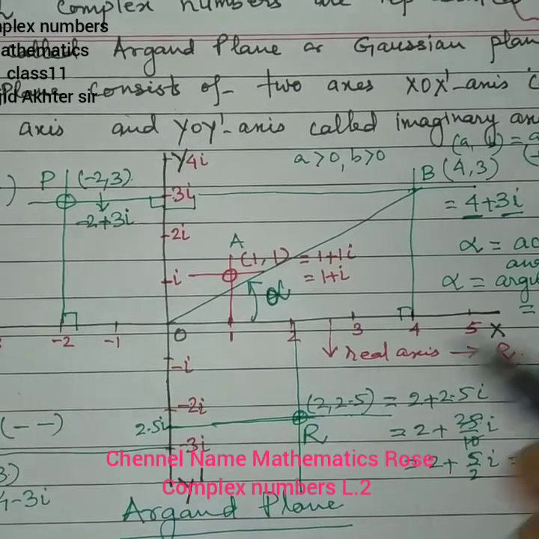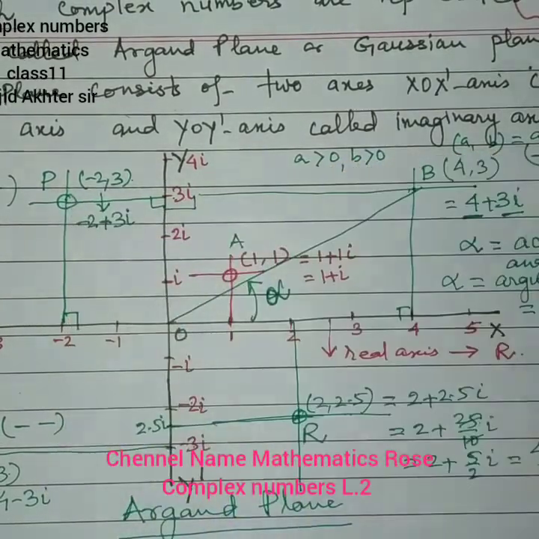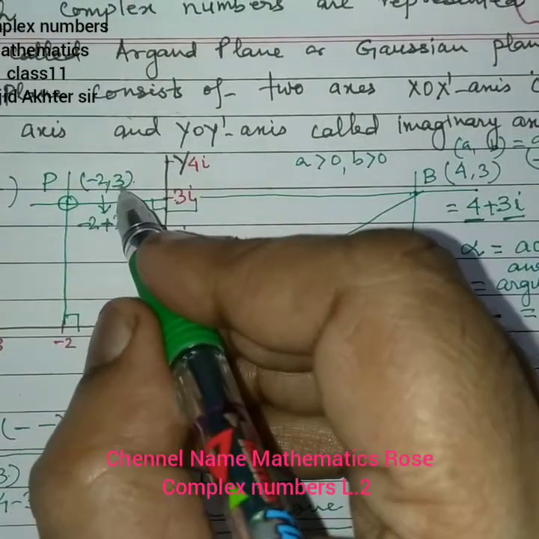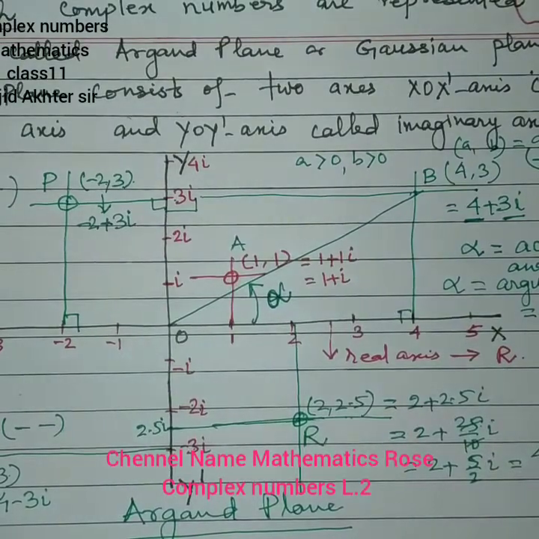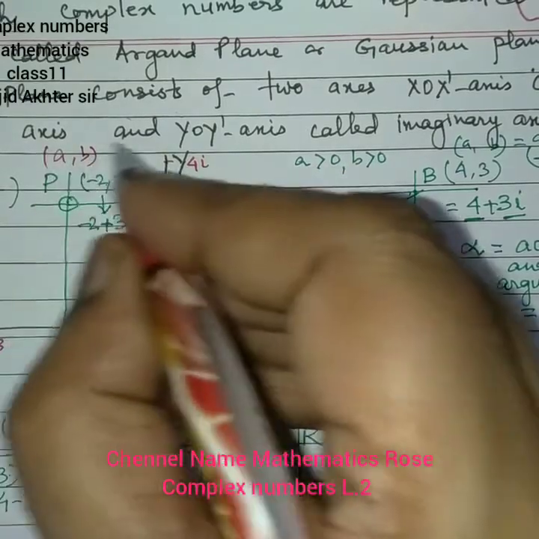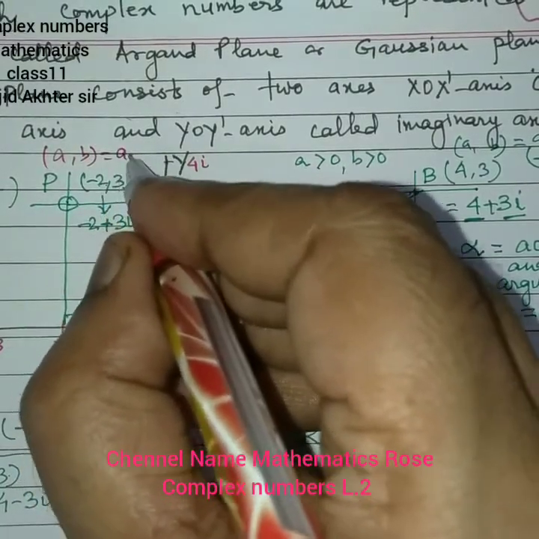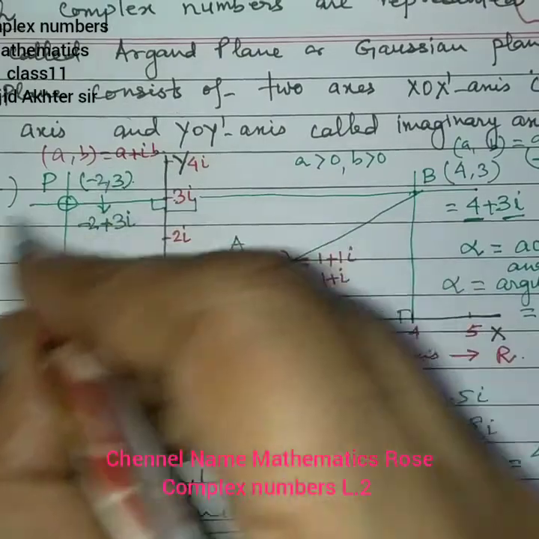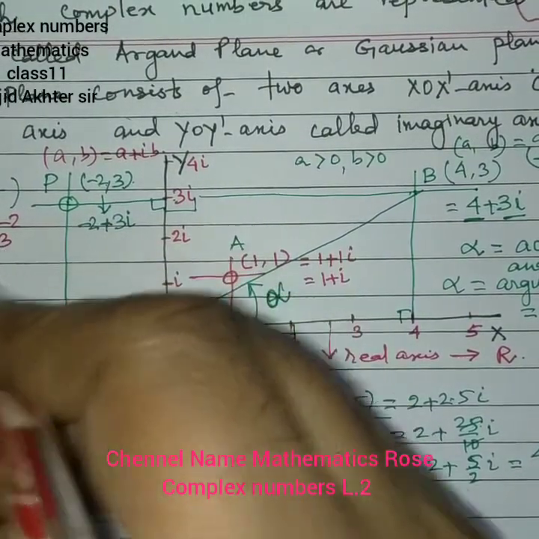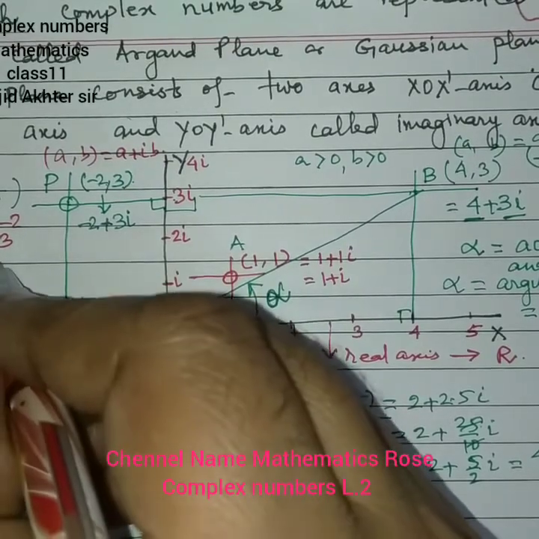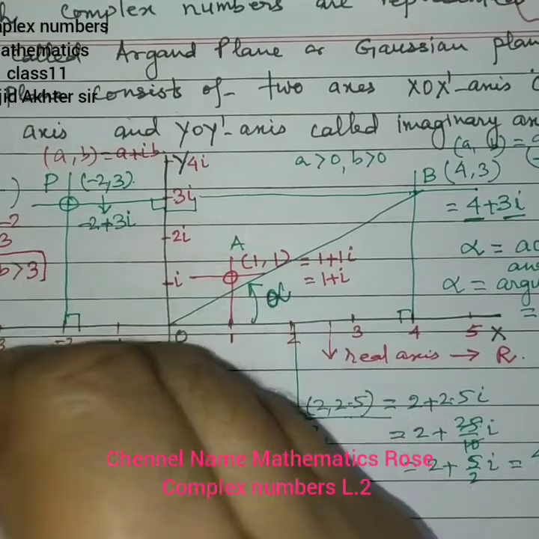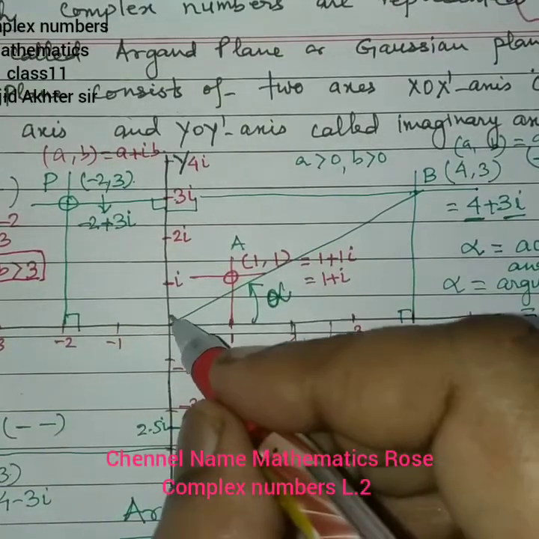एंगल होगा. सपोज कीजिए यहाँ पे देखिए, यहाँ पे है पॉइंट और इसका कोऑर्डिनेट है यहाँ पे -2 और 3. तो यहाँ पे -2 और 3 है, तो यहाँ पे आप ए बी से लीजिएगा अगर, तो इट इज़ ए प्लस आई बी हुआ. ये कॉम्प्लेक्स नंबर, तो ए इज इक्वल टू यहाँ पे आपका -2 और b इज इक्वल टू 3 है, यानी a इज लेस देन 0 हो गया एंड b इज ग्रेटर देन 0 हो गया, यानी ये कंडीशन सेटिस्फाई हो रहा है यहाँ पे।